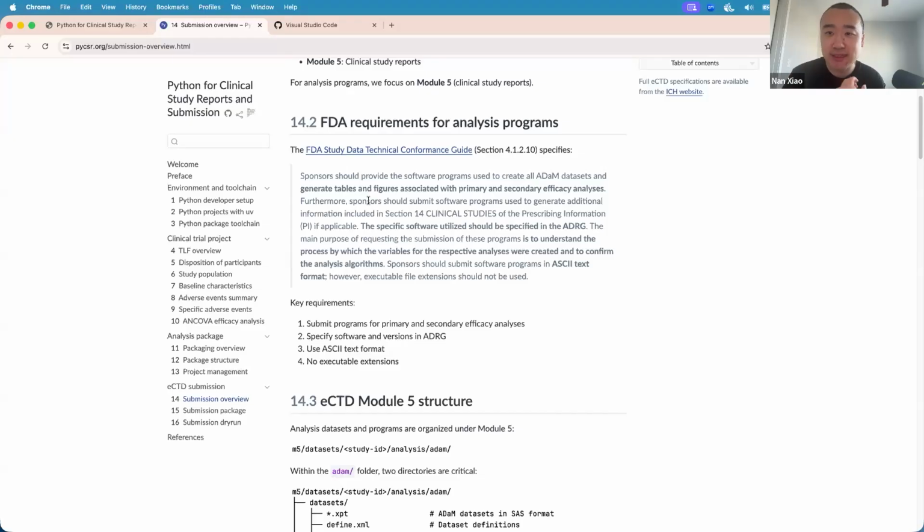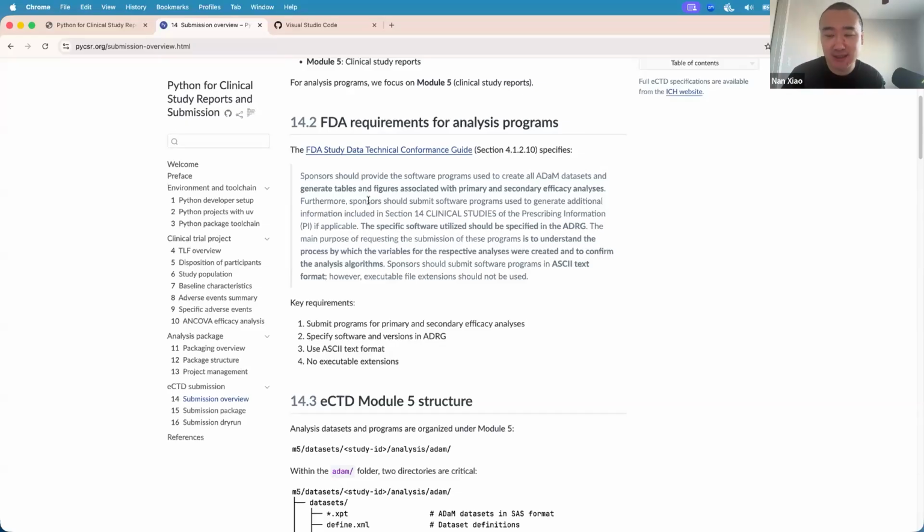Although that could create some verification problems for how we organize our projects, because as you can see, every single project is a Git repo, and when it's cloned, it becomes a directory, and the directory might have different types of files that are not necessarily txt files, or there might be binary files like Parquet and everything else, RDS, right? So that's where we came up with the idea of converting or zipping this directory, the Python analysis package or R analysis package, into a plain text file, right?